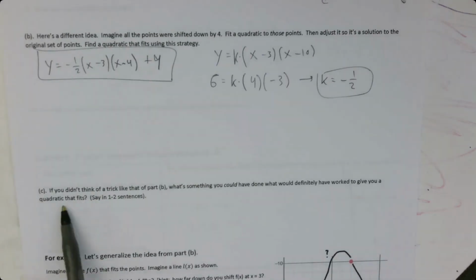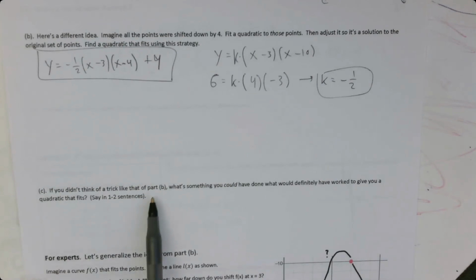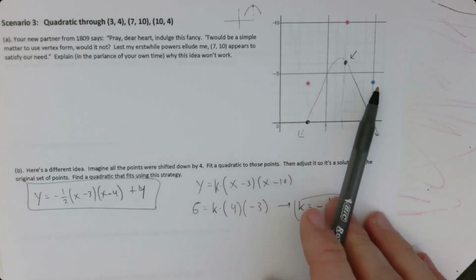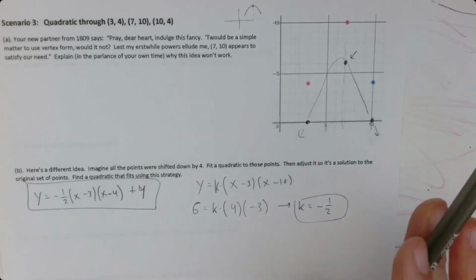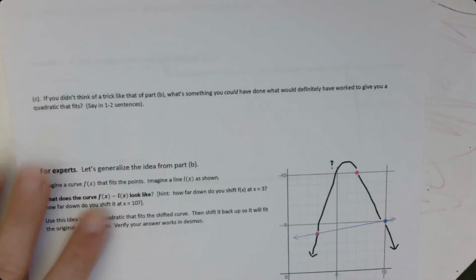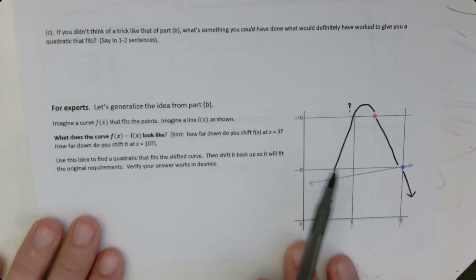Okay, let's pretend that you didn't think of that trick. What's something else you could have done? Well, something else you could have done is set up a system of 3 quadratic equations, solve the system, just like we did at the bottom right side of the original notes. Just in case this was a little bit unclear, what you could do here, for the experts, is a